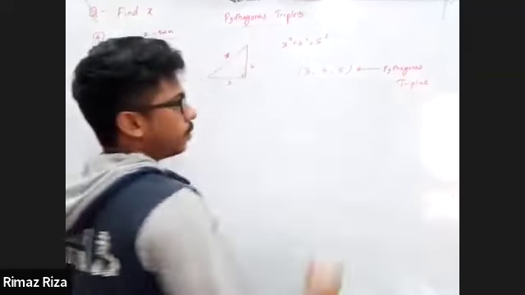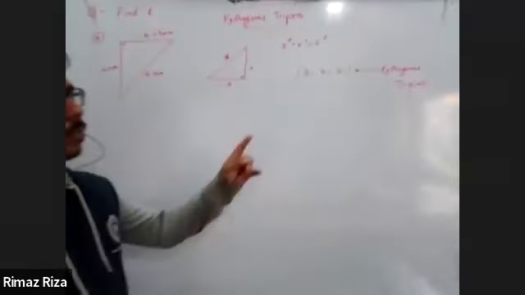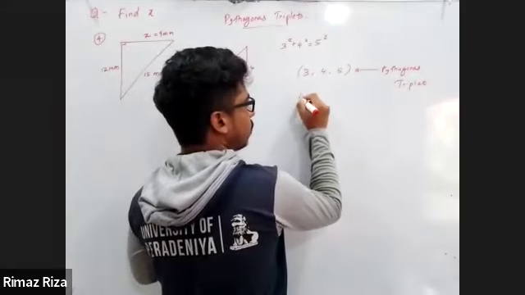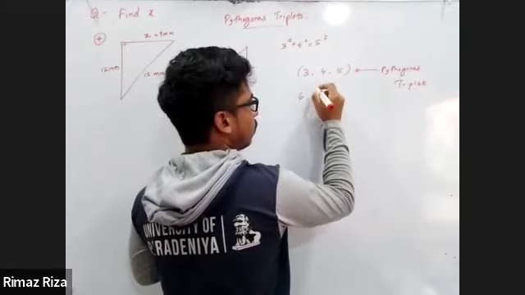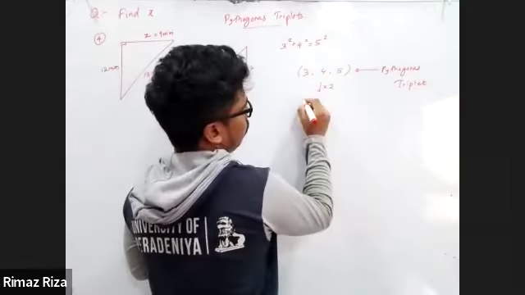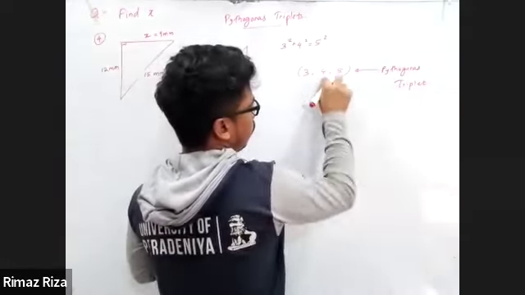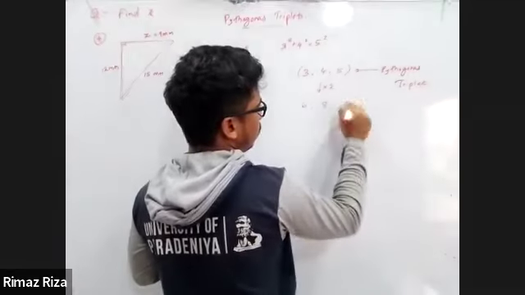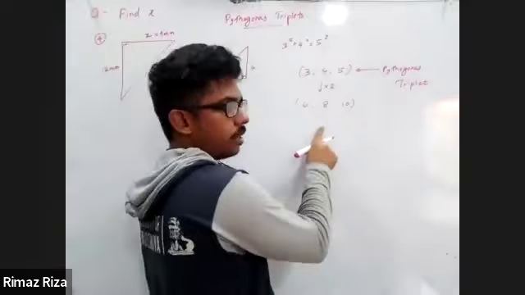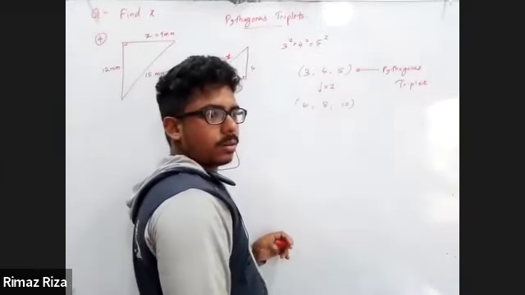Since this is a Pythagoras triplet, any multiple of this is a Pythagoras triplet. That means you can multiply this by 2. So 3 into 2 is 6, 4 into 2 is 8, 5 into 2 is 10. See that question I gave, 6, 8. The answer was,